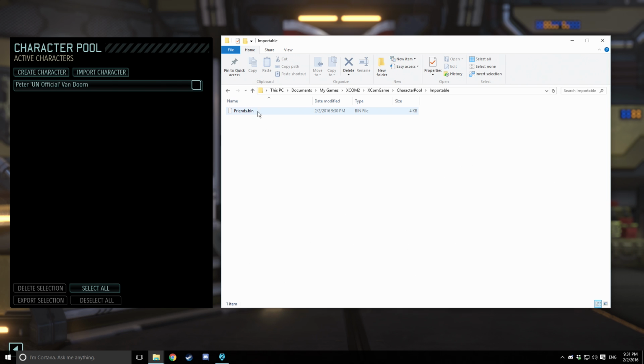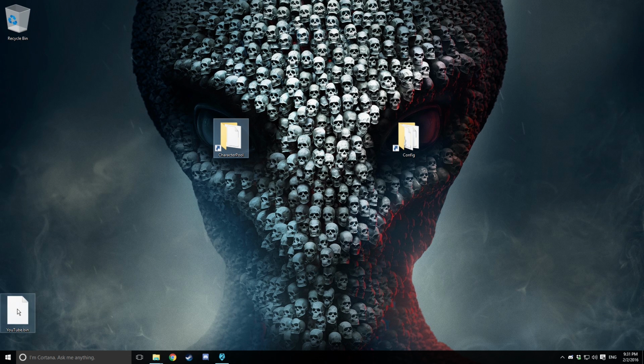And this is the file that you'd want to share with your friend. You could email it to them. You could use a link sharing or a file sharing service like Dropbox or Google Drive, anything like that. But that's how you would send that over. Now, when your friend receives the file, what they want to do is this. So let's say that they've sent me